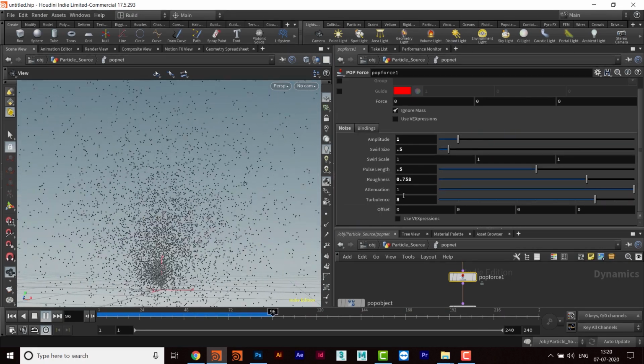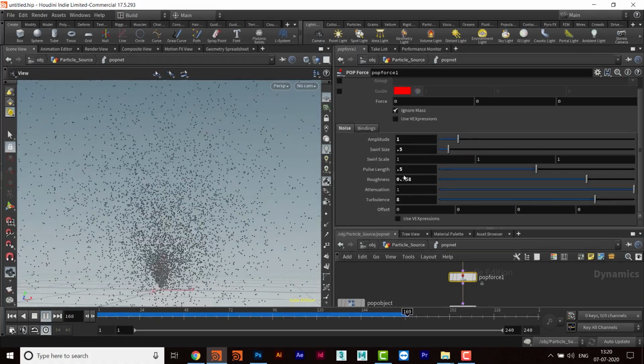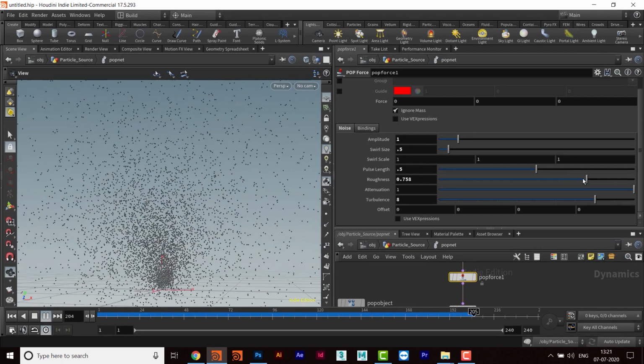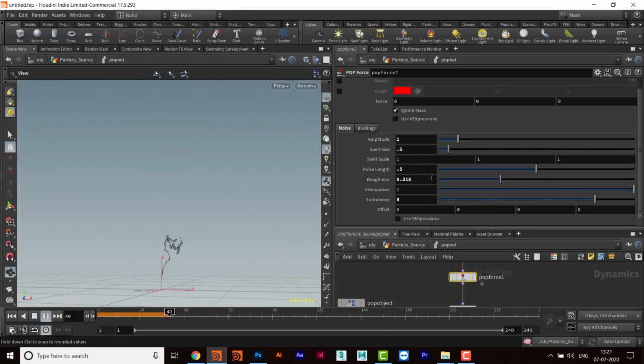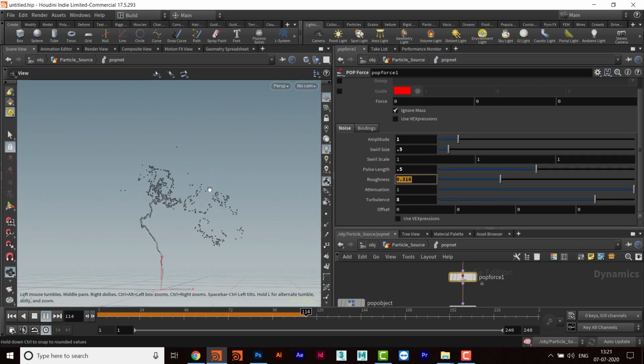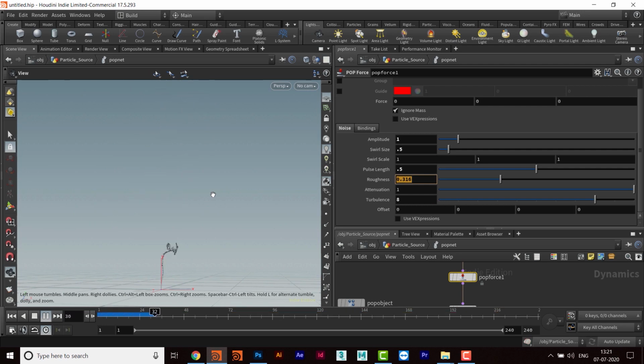So this is just to play with the different attributes, different variables here, and then we can get so many hundreds of different kinds of effects here. And when motion blur is given to them, when color values are given to them, and when they are composited well with some sort of background, then they create magic.